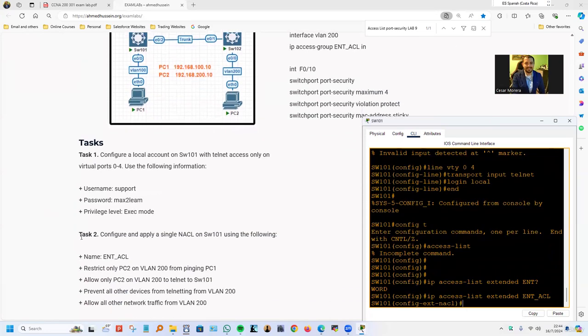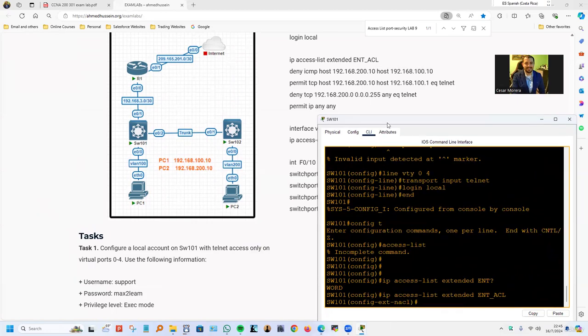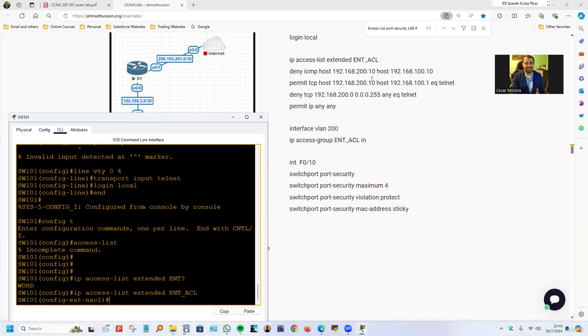Now, what else do we need there? We need to restrict traffic for PC2 and VLAN 200. We're going to work on that in a moment. In order to do that, we have to do the following. We need to do the following command. Do you guys remember that was the IP address for PC2? So we execute deny, all in lowercase, ICMP, and then the IP address is